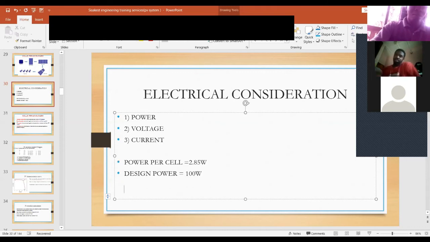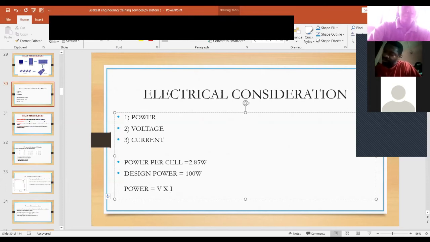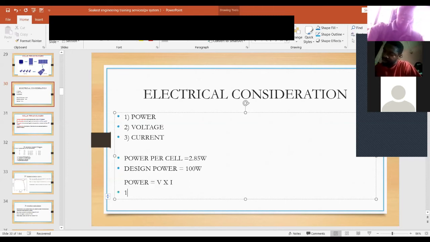Let's do some math. Power equals voltage multiplied by the current. We all know this from basic physics. It means that if I say I'm designing for 100 watts, abi? So if I take my voltage,